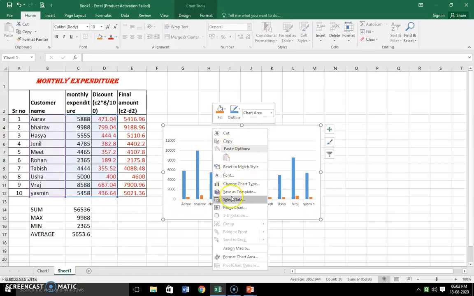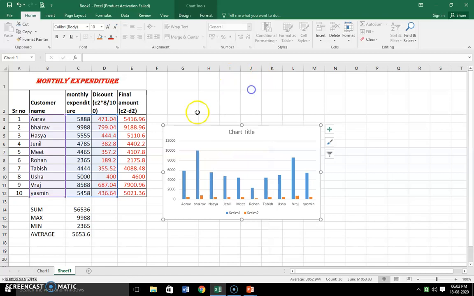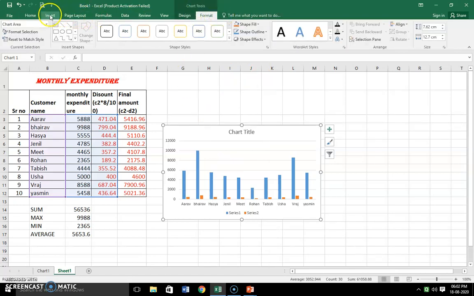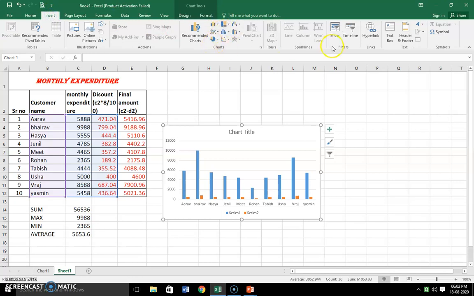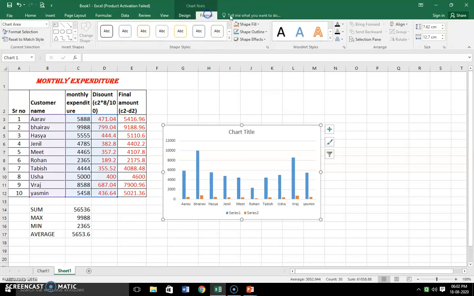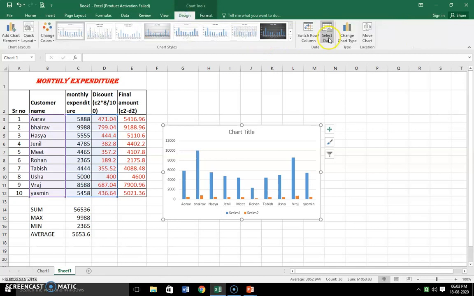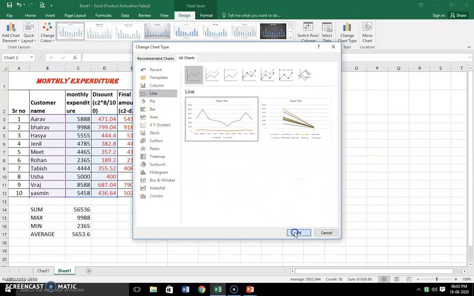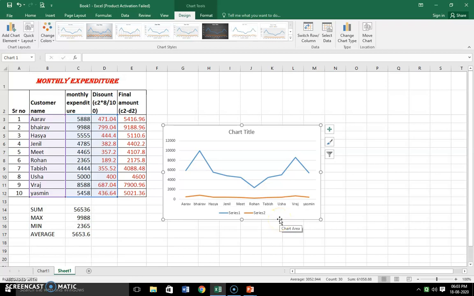Anytime you can change the chart type. For example, if you want a line chart, then you can make a line chart also.